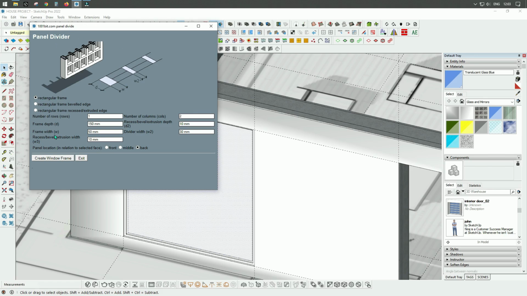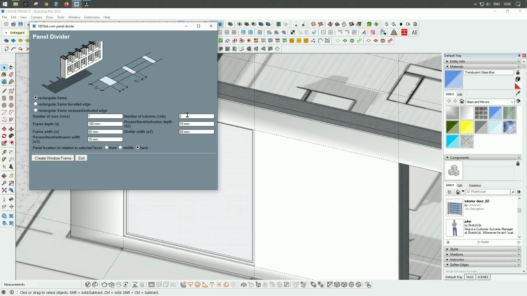But now I will use the first type, rectangular frame, and this time I don't want to have rows. For that reason I will set 1 here, and I would like to have 2 columns,